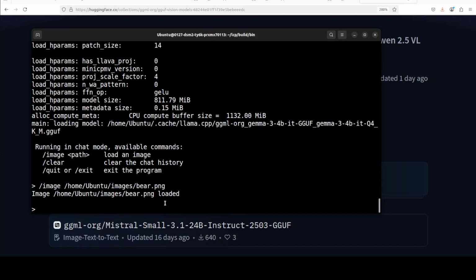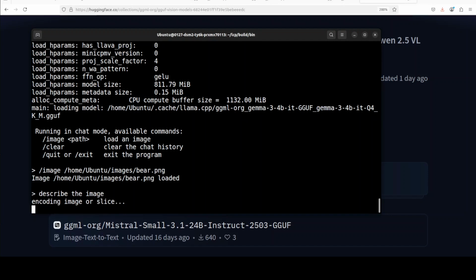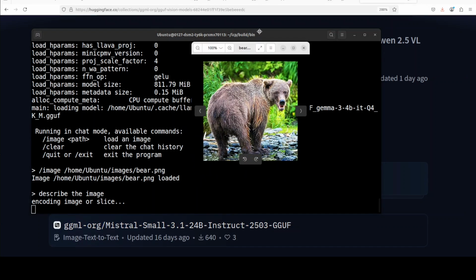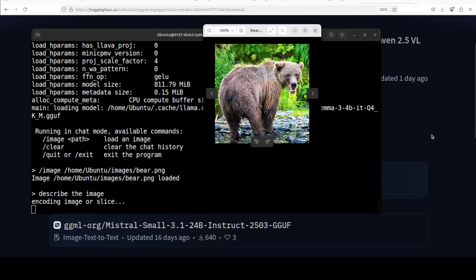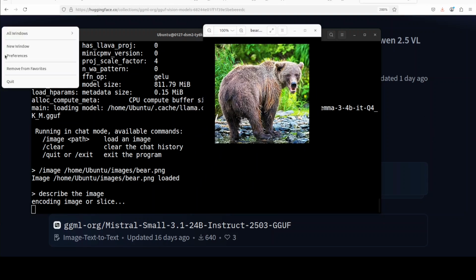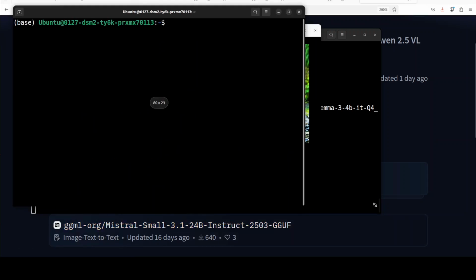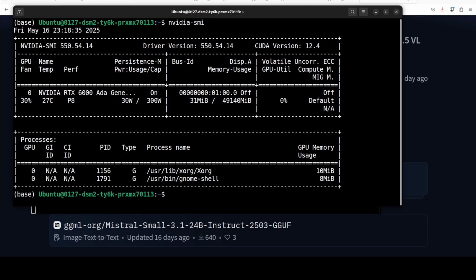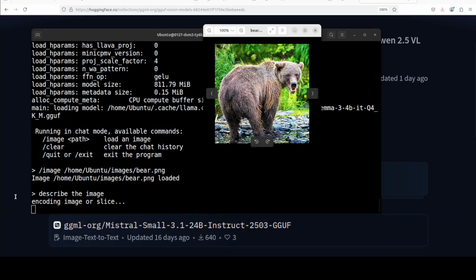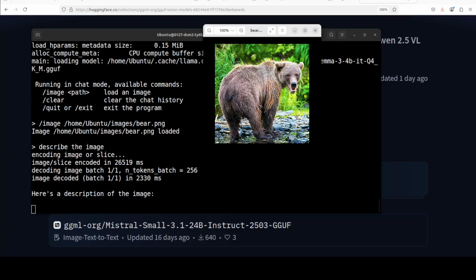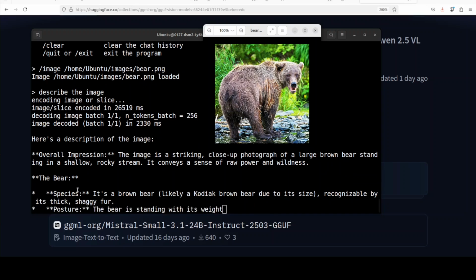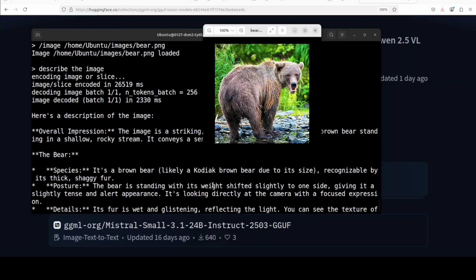So the image has loaded, so I can ask it to describe the image, and then you see it is encoding the image first, which means that the multimodal proj file is coming into play. Maybe we can also quickly have a look at our VRAM consumption, how exactly that is going. It is just using CPU, it is not even using that. Okay, so let's wait for it. Okay, already did that. There you go. The image is a striking close-up photograph of a large brown bear, and it is talking all about the bear here. So you see this